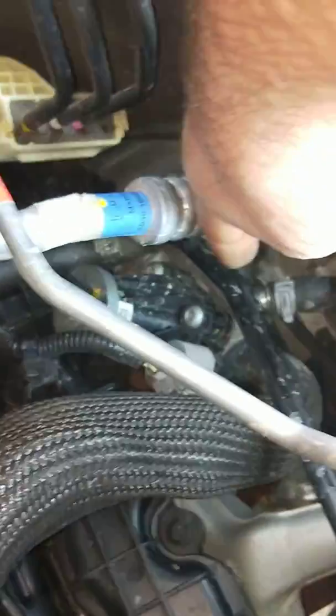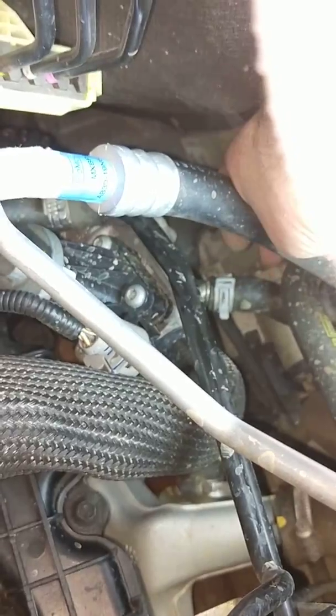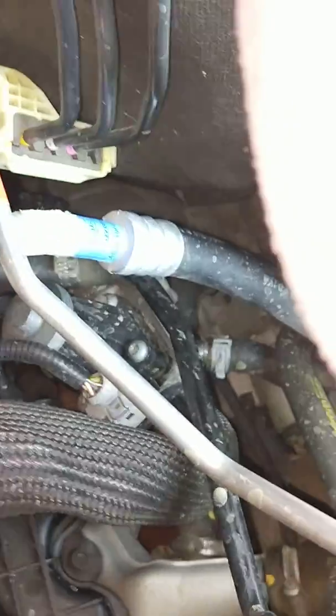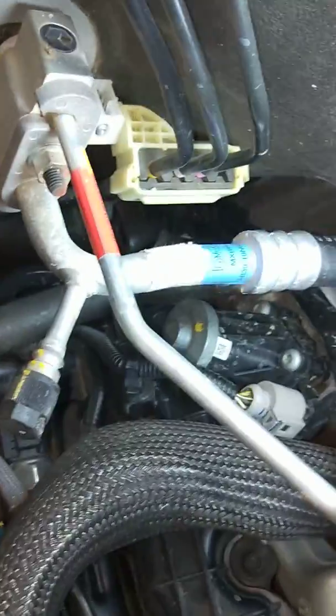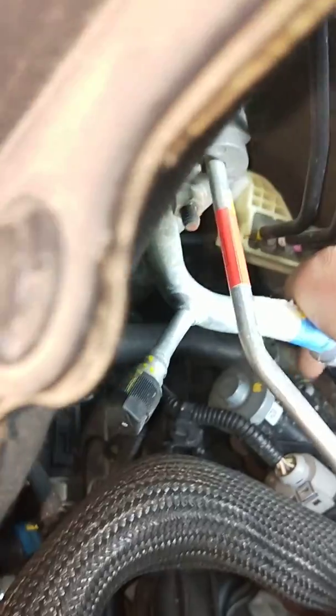So, and the normal water line still comes out down there. Oh, my hand down there in the camera, and that goes down to the oil cooler down the bottom, or whatever they call it down there. Yeah, and then there's a blanking plate at the back of the EGR cooler to stop the exhaust gases